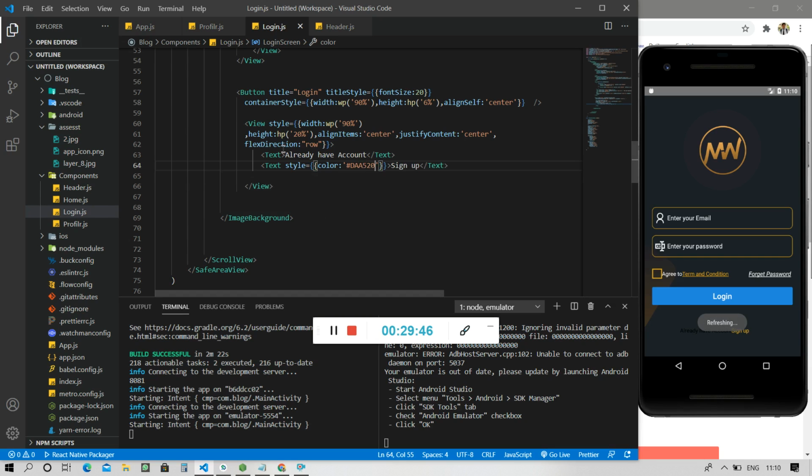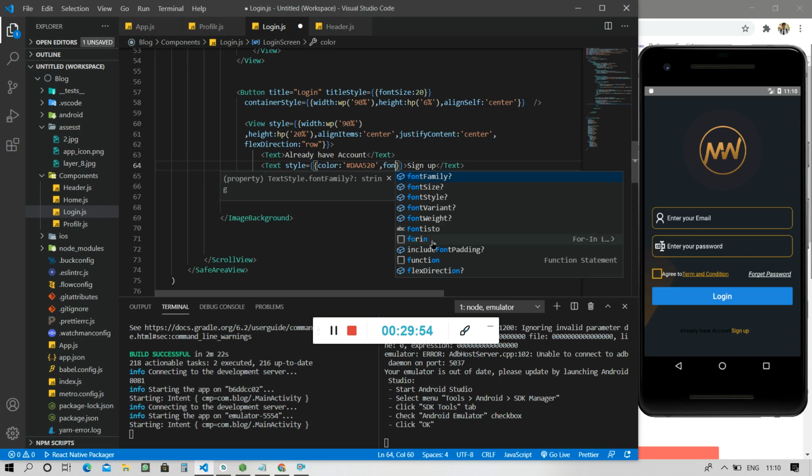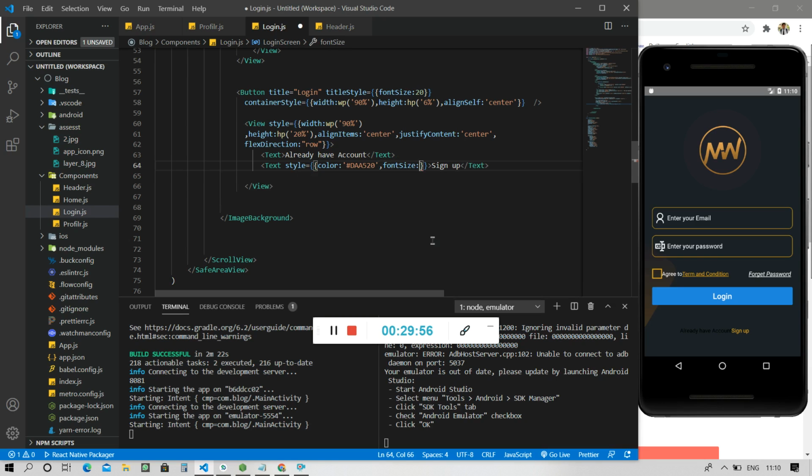You can see it here, and also giving a font size property, 25.